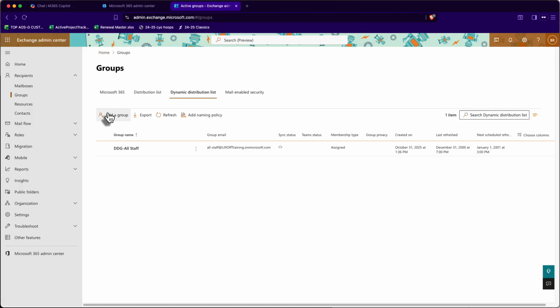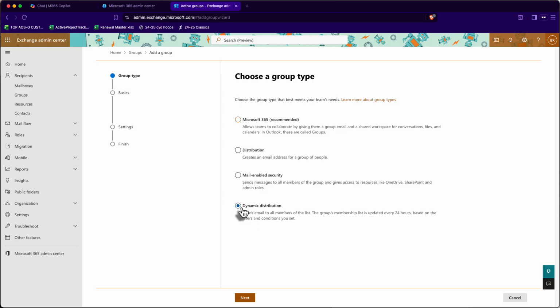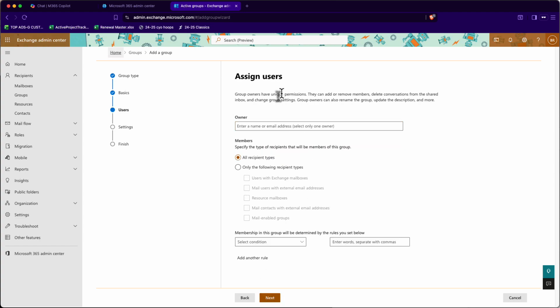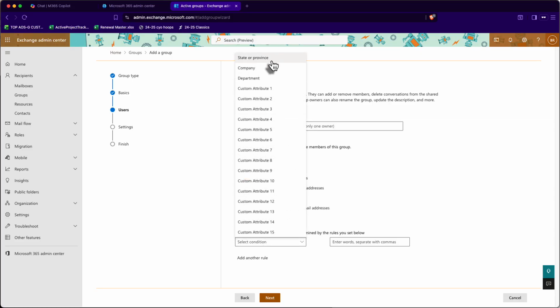Let's make another one. Add a group, dynamic distribution group. We'll give it a name. This time I want to make a dynamic group for all of the employees in my health department. So we'll call this health clinic because that's the term I used for the nurse earlier. Choose next. Only the following recipient types: users with Exchange mailboxes, and I have some attributes here that I can